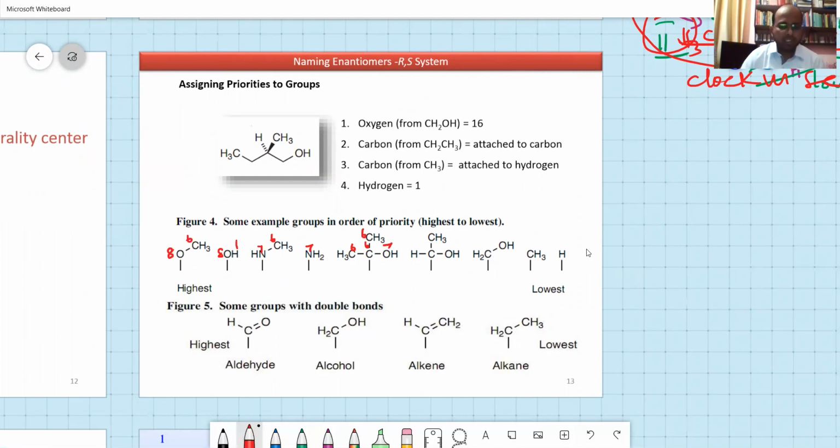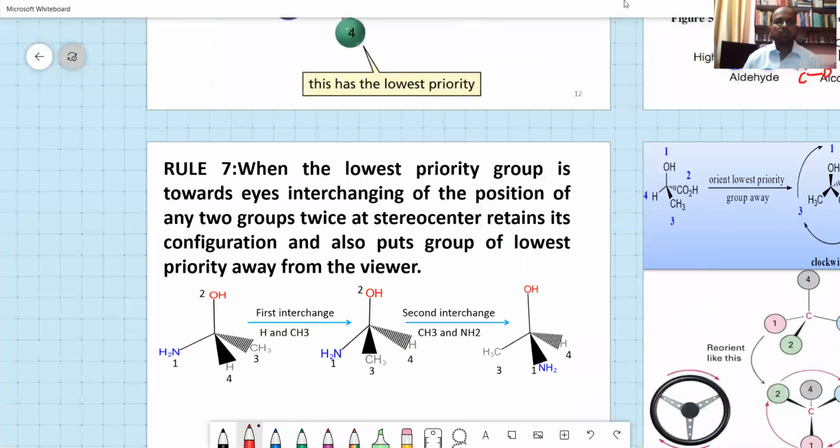Now if you have double bonds, you are always supposed to write it like this. C, O, O. For a double bond, you have to put 2 O's. Similarly, here there is a C=C double bond, so you write this C and then another C, 2 C's. Because you have a double bond, you put these 2 C's. Okay. So you can often do it like this and write those things.